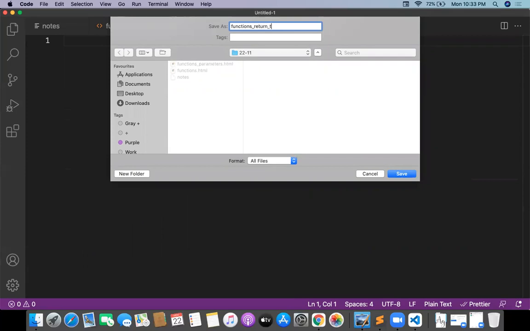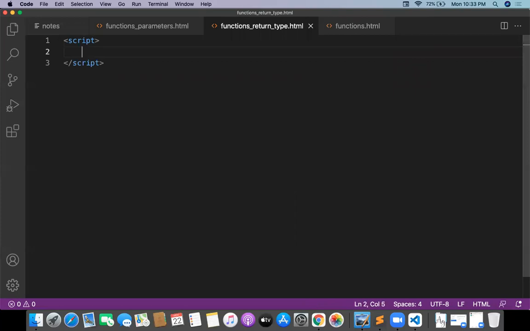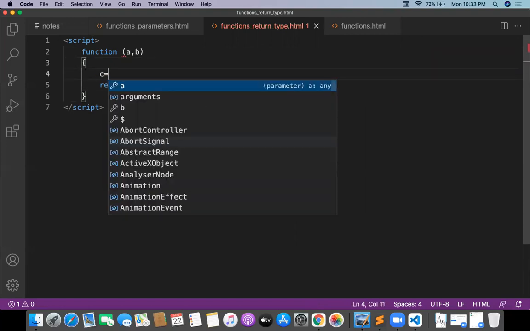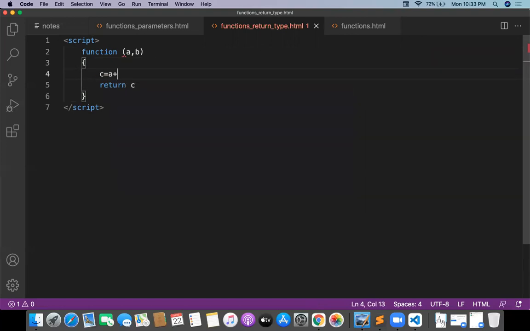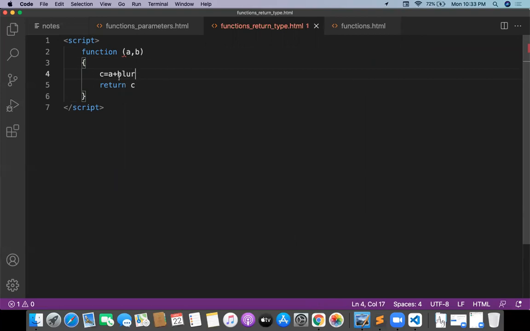How to work with a function with return type? Very simple, straightforward. So let me write a function script. This will have a function with a comma b, which is going to return some c. And what is c then? c is going to be a plus b, and this is going to return the c value. Then what is the output of this particular function?